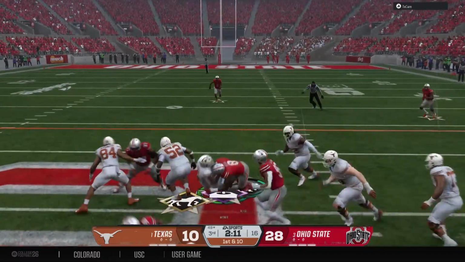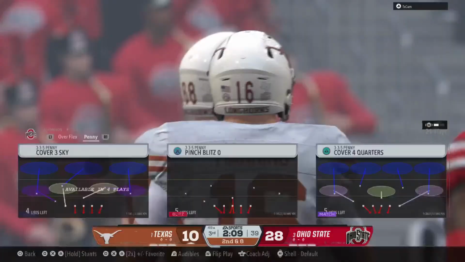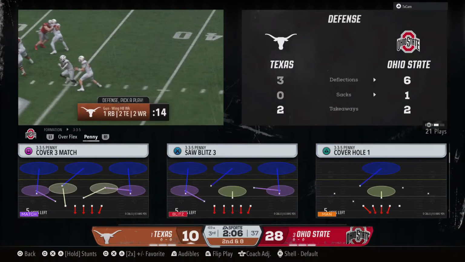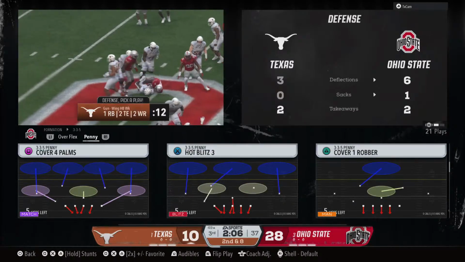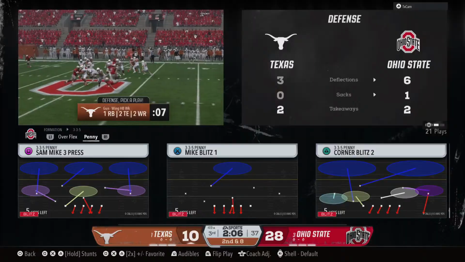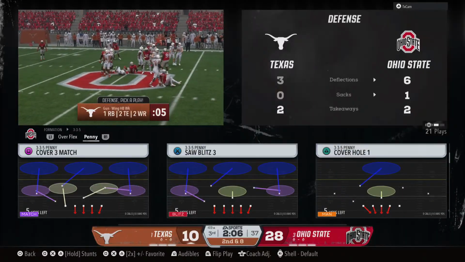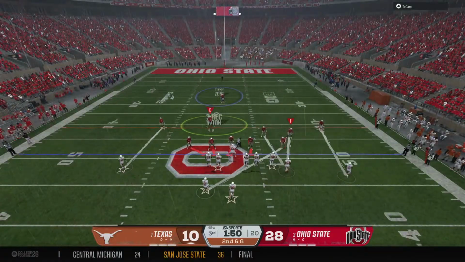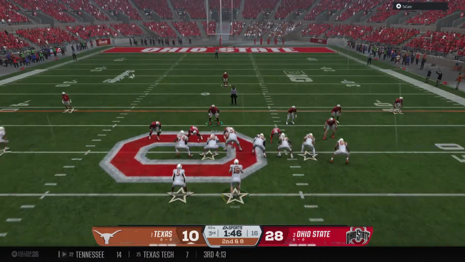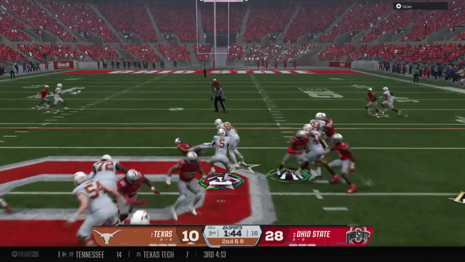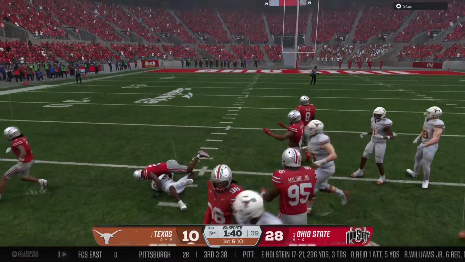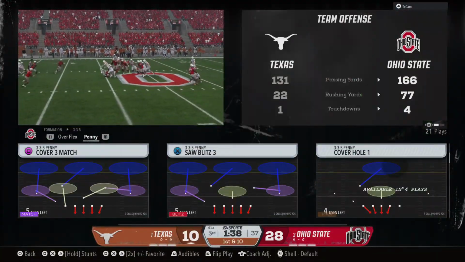And the ball is handed off out of the shotgun. Defense does a really nice job here of being able to contain that run game, held just at 2 yards. Chris, to me, this changes the playbook a little bit now for the offense. The guy calling the plays at second and 8, that's a different deal. Now he's probably thinking about going through the air instead of staying on the ground. Second down after that run on the previous play. Sticking with the running game. And he's brought down, but he does have enough for the first down.